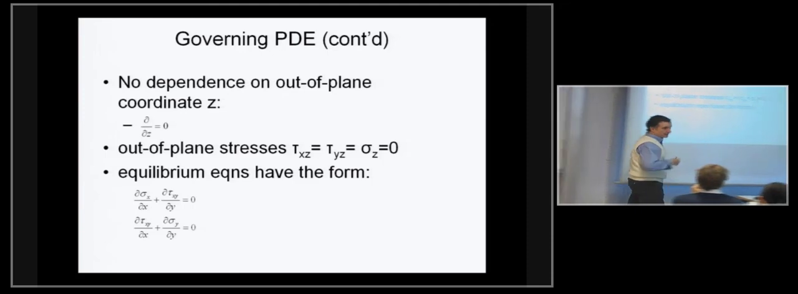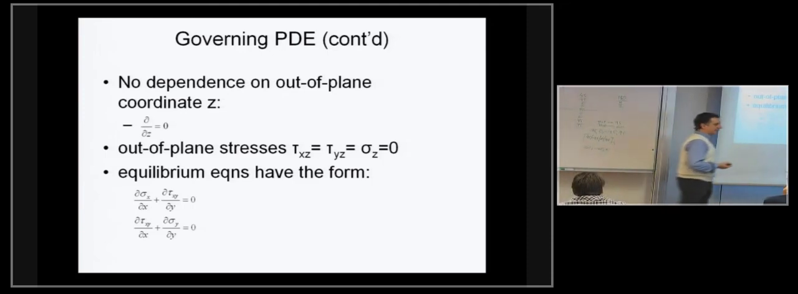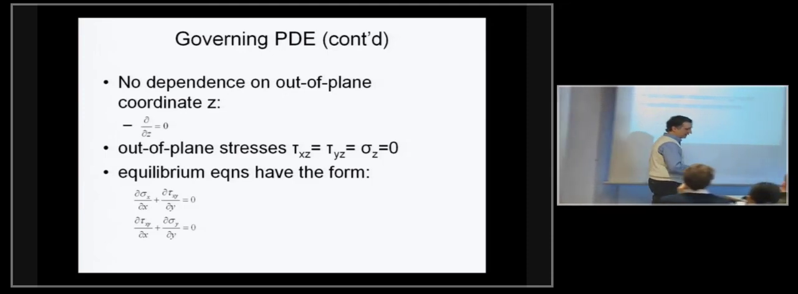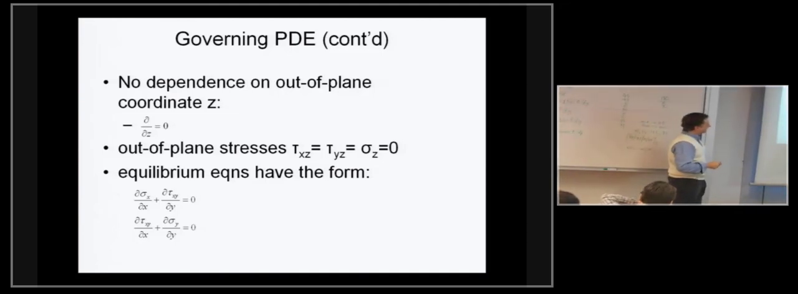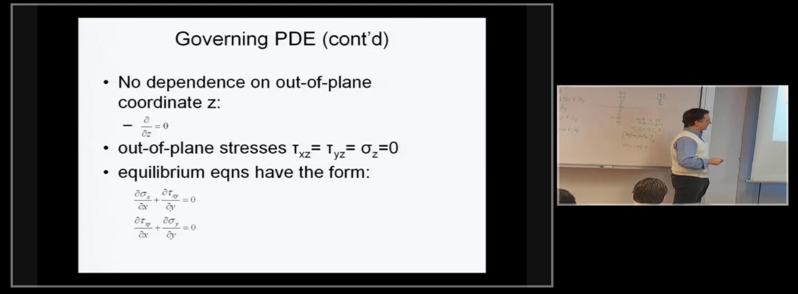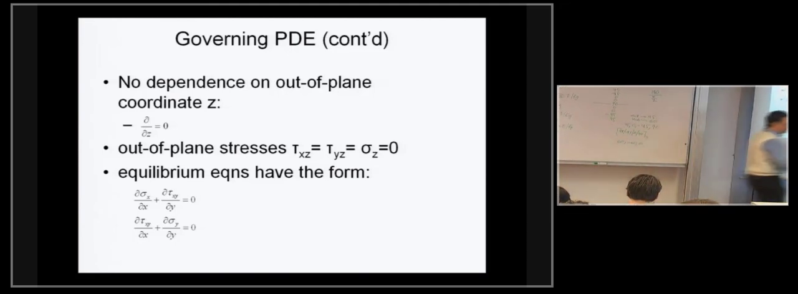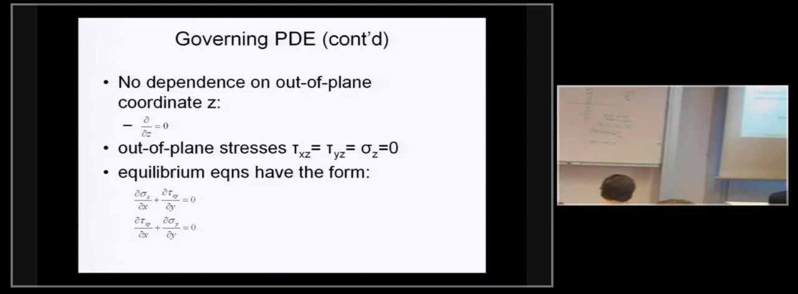We assume that there is no dependence on the z-coordinate out of plane. Basically, it's a plane stress kind of problem, so all the derivatives with respect to z are 0. So my equilibrium equations, which had, the first one had d tau xz dz here, is not there. D tau yz dz here is not there. And the full third equation, as shown back here,